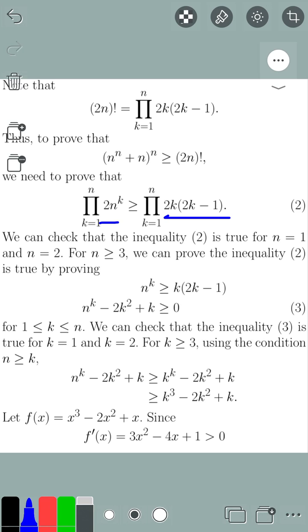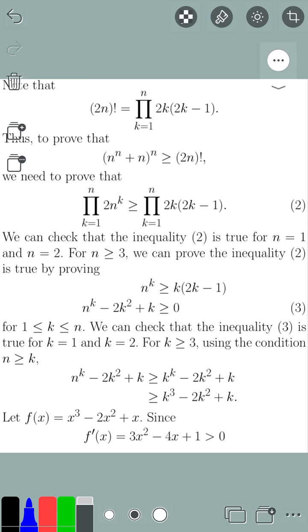And then we just take the product, and the product of the terms on the left hand side will be larger than or equal to the product of the terms on the right hand side. We can prove it like that, but unfortunately that way of proof doesn't work